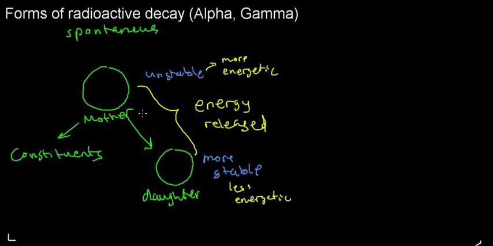And if you're not familiar with this, essentially materials would gravitate towards the more stable, less energetic transition. And that's important to understand with respect to what radioactive decay is: a spontaneous process in which an unstable nucleus would spontaneously decay into constituents and a daughter nucleus that may or may not also be radioactive. And this is radioactive decay. And we're going to start touching on alpha